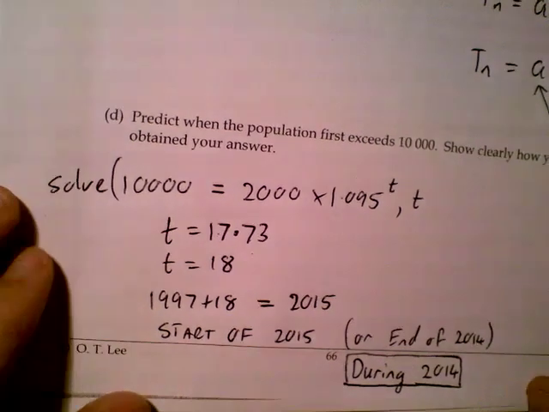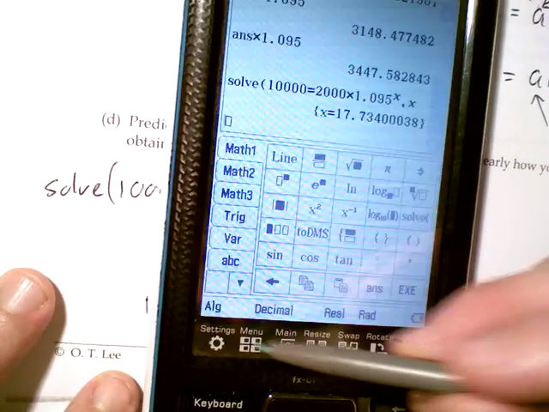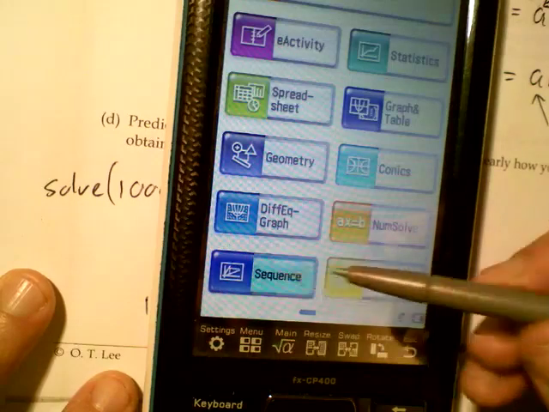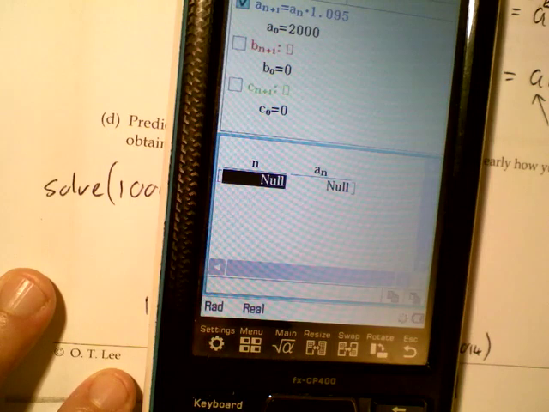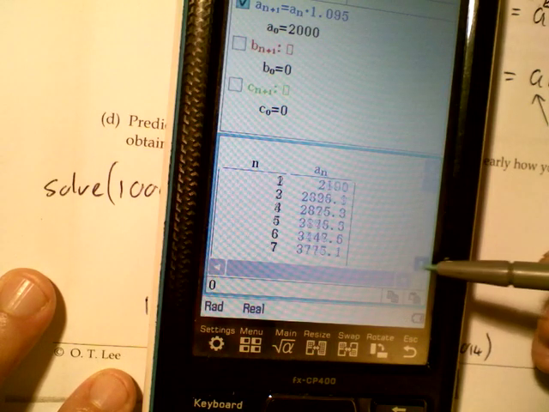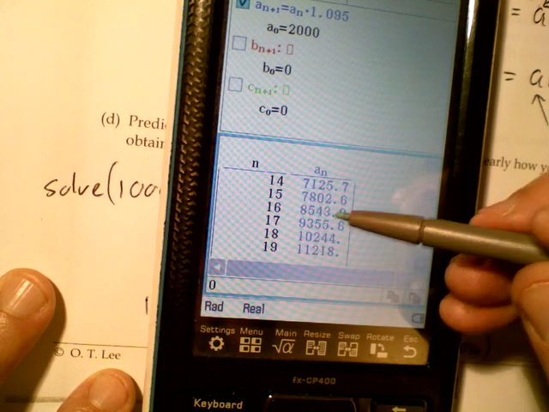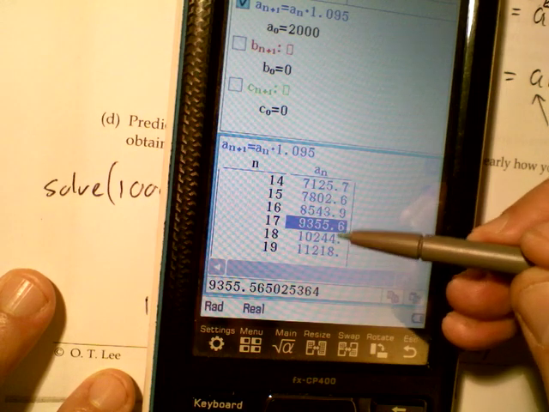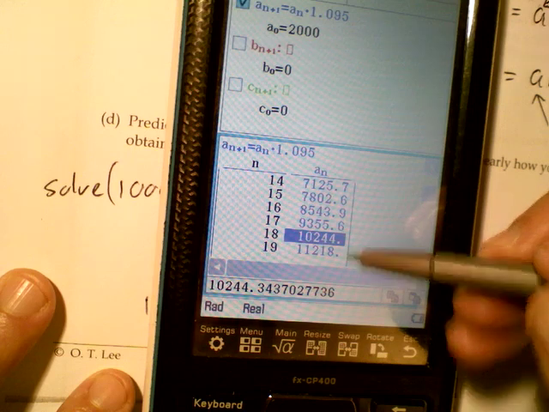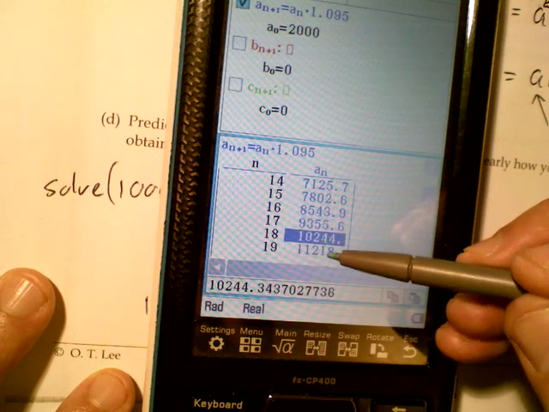Of course, with this one here as well, don't forget you can do this in sequence menu as well. I'll just pop back into sequence menu. Here we go, back to sequence menu. You've already got the sequence in there. Just going to have a look at that table again. There it is, and you can just go down here and have a look and see when it ticks over 10,000. And so you can see after 17 years, it's at 9,355. At 18 there, it's at 10,244. So you can see somewhere between T is equal to 17 and T is equal to 18, it clicks over